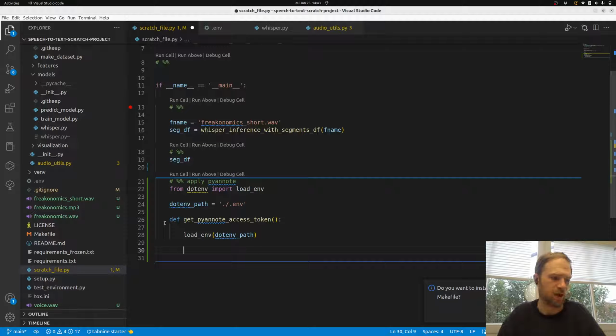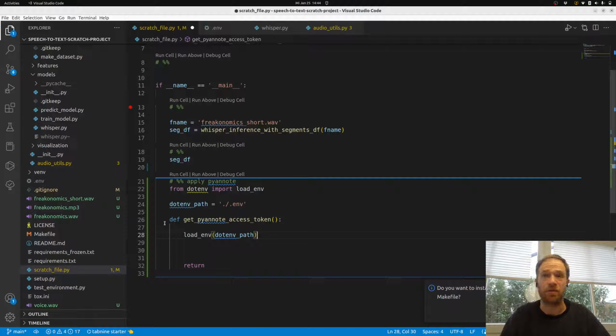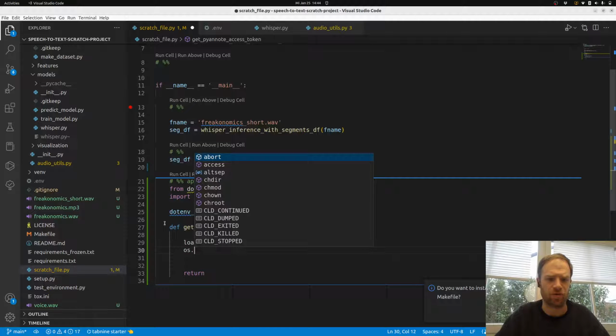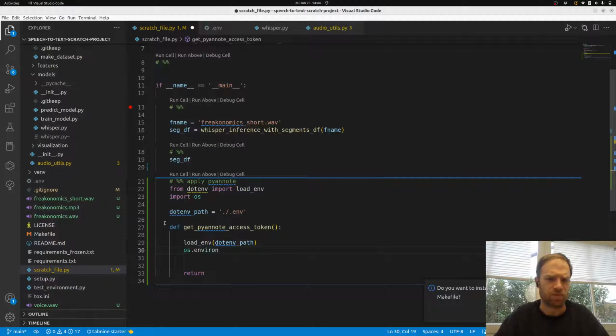Load.env path. The thing is now it's basically written into the environment variable. It loads the text file and writes it into environment variables. So from now on, import OS, we need the regular code to load environment variables. OS environment, and then get, I think that should do it. .env path. No,